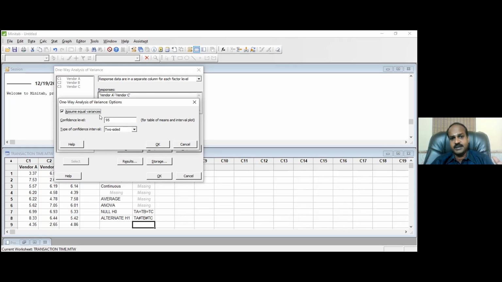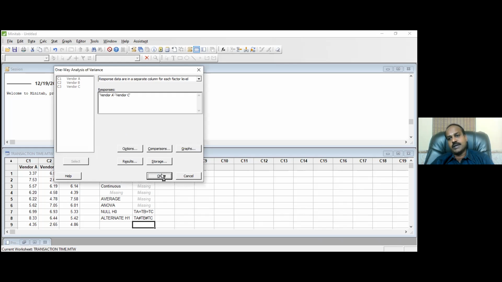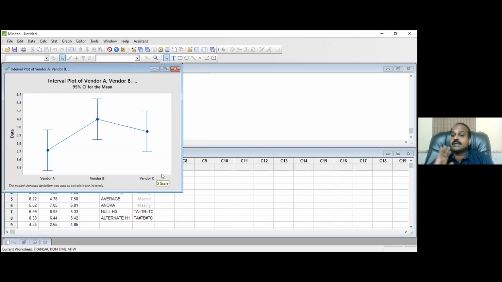Yes. What is the confidence level you want? 95%. When I take 95% here, what does it mean? Alpha is 5%. And now the study is two-sided. Two-sided means I only have inequality. I don't have greater than or less than, isn't it? Greater means right tail, less than means left tail. Now it is two-sided. I click OK. Again, I click OK. Now Minitab has done the job for me.